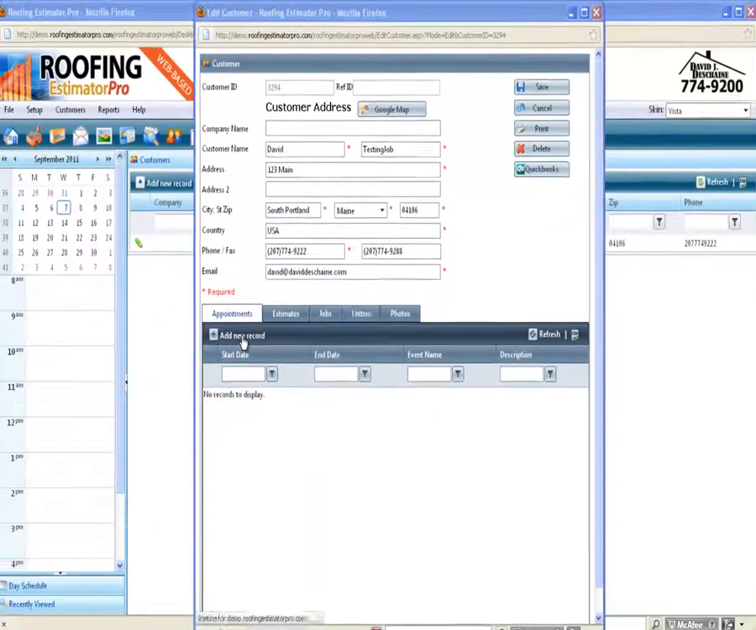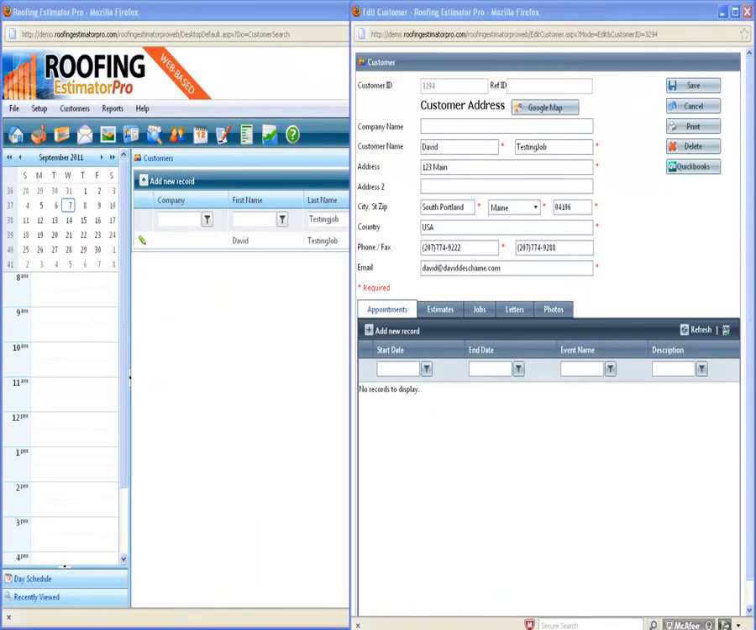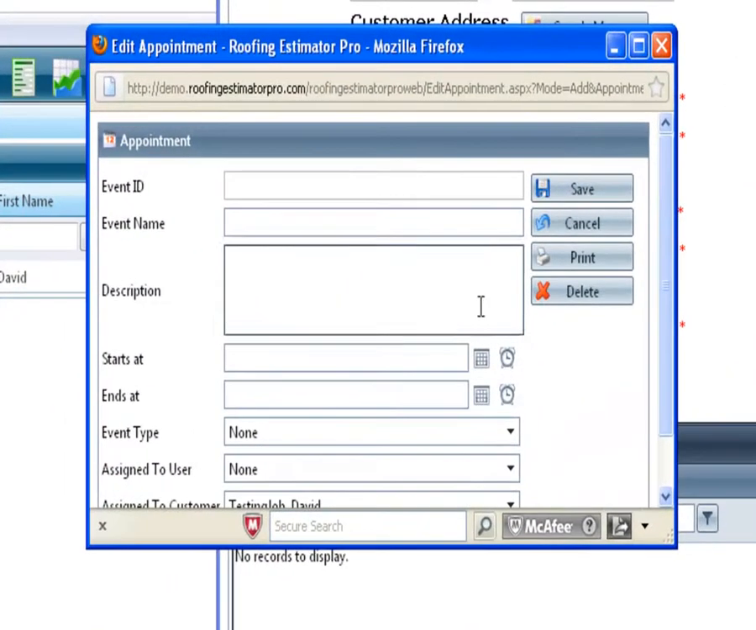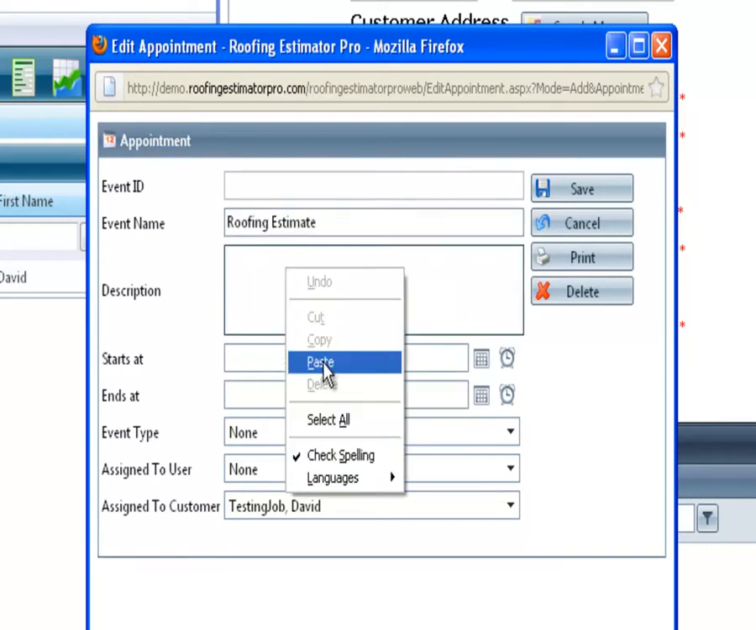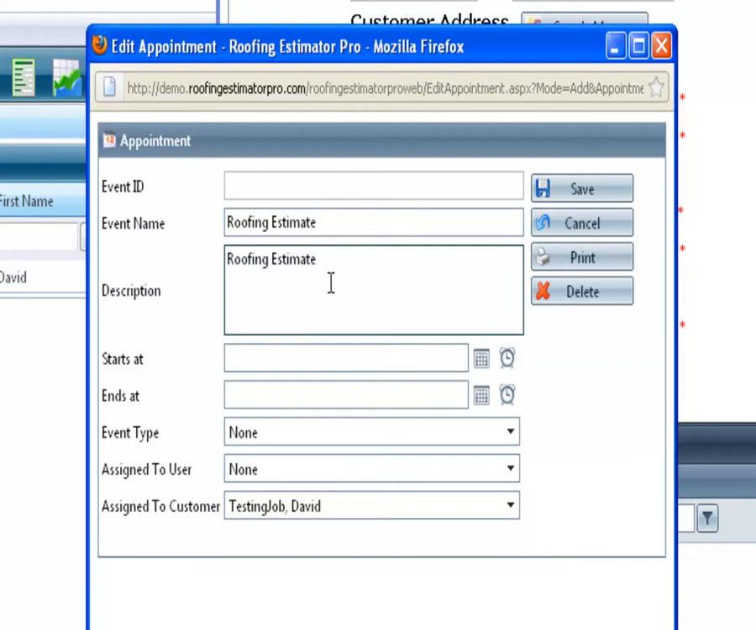So I'm going to go ahead and add a new record, and this is going to bring up the scheduling for their appointment. And what you'll do is go through and just type in, well, actually it brought the customer right over automatically. We'll just type in roofing estimate. Customer calls in, wants a roofing estimate, copy and paste. If there's any specific information you want your sales guy or yourself to have, you can put that in the